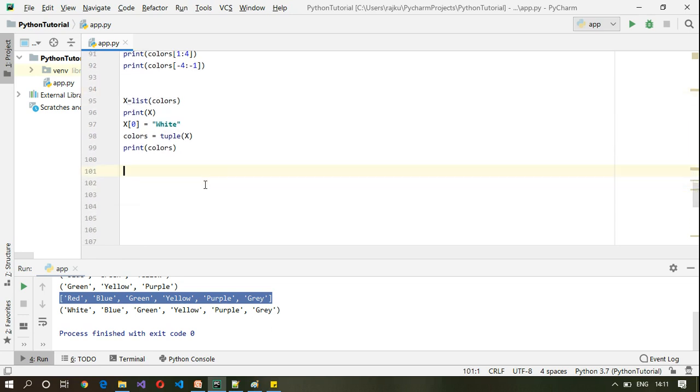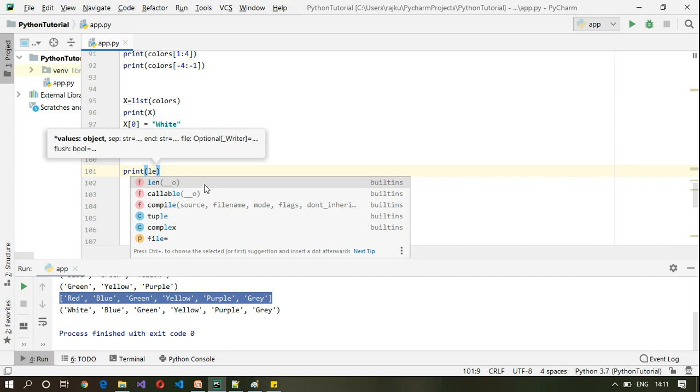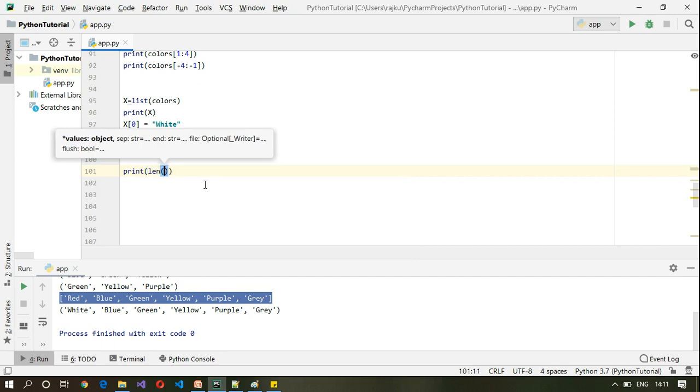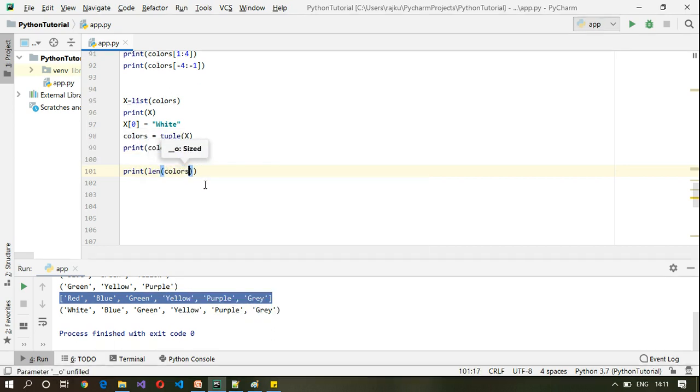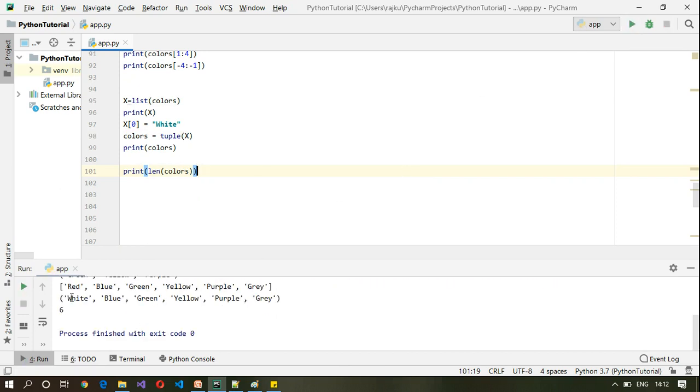If I want to find out the length of the tuple, then we can make use of length of colors. If I execute this, it will print 6. There are 6 items within the tuple.